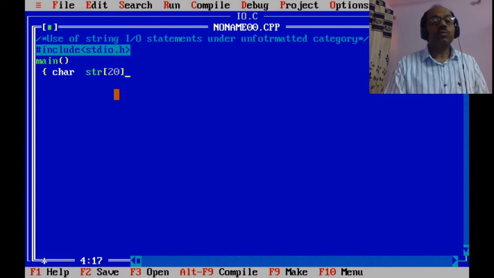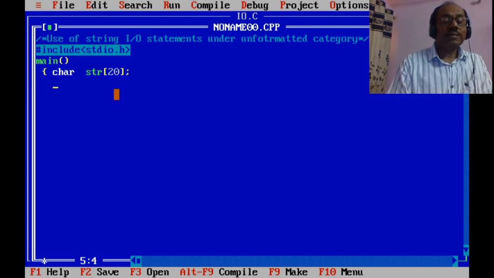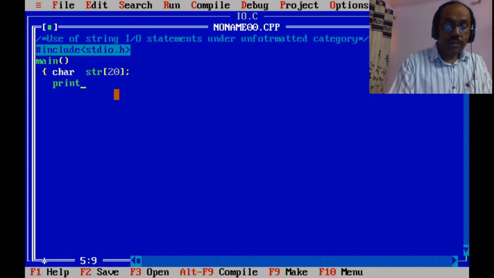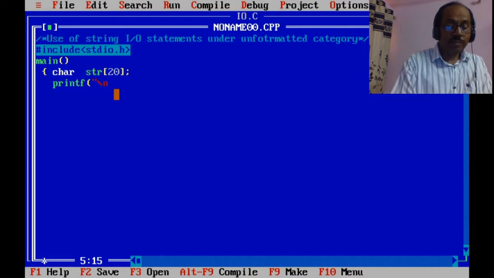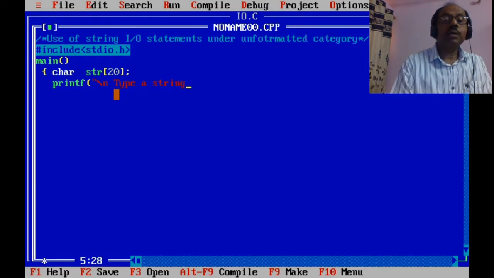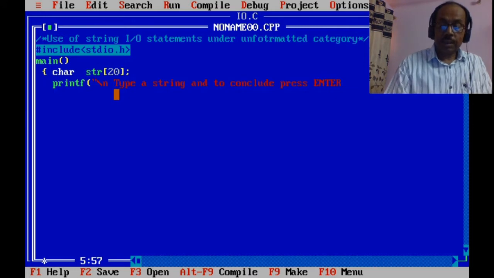As you know, to declare a string variable, we place a square bracket with the variable name. Here again we will place the label printf \n type a string and to conclude press enter key.